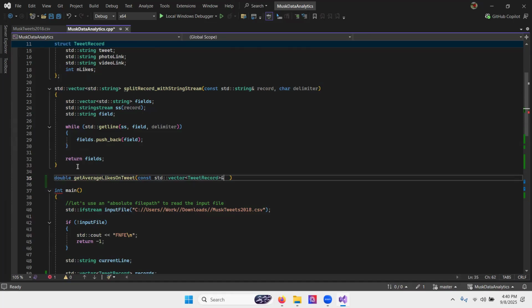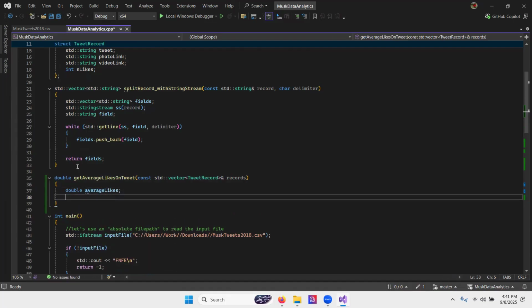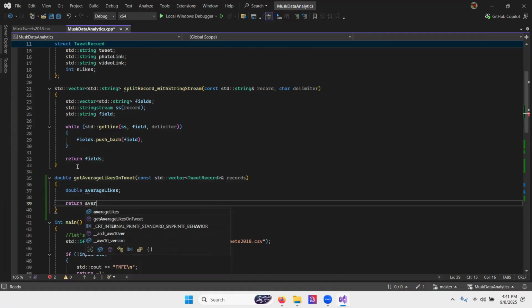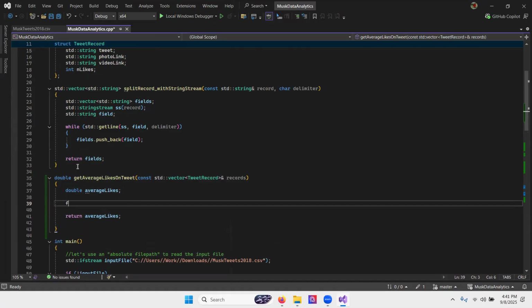It's not always the best idea to pass by reference, but it often is a good idea. Records, open up parentheses, we'll say double average likes if we want to be more informative. Return average likes. And we are going to do a calculation now. So we can say for const automatic type deduction by pass by reference